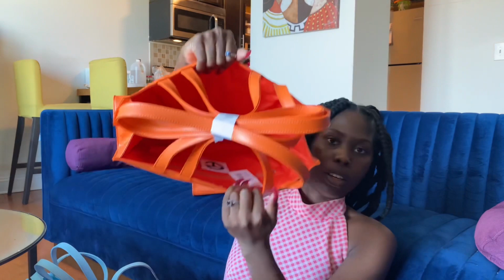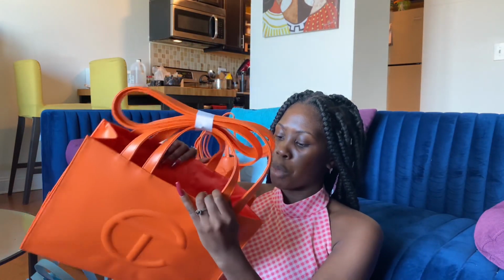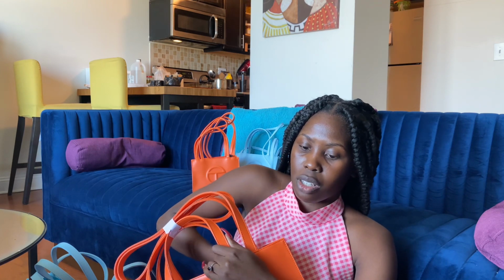I'll show you the inside of this one as well. Beautiful orange lining. I love that the lining is not just simple black or white like you would see with most typical tote bags, but that the lining matches the outside, and it's just as gorgeous as the outside of it. Once again, this has a zipper on the inside. Let me make sure this one is...